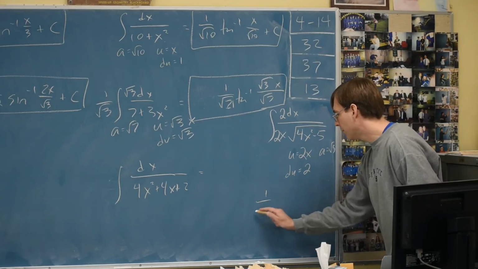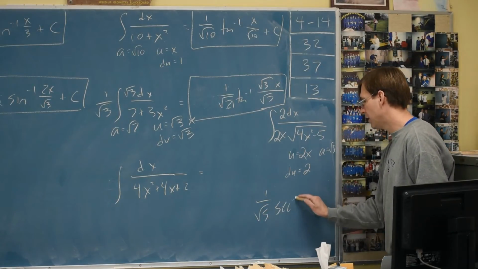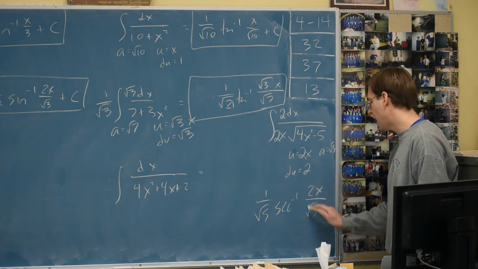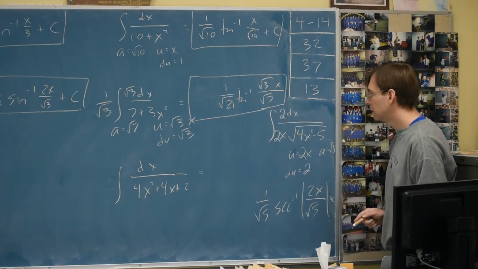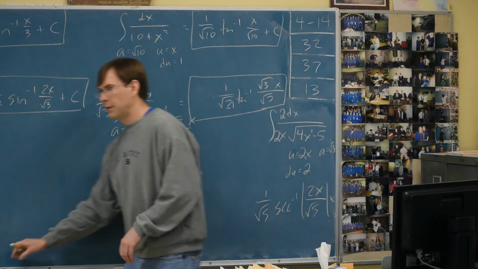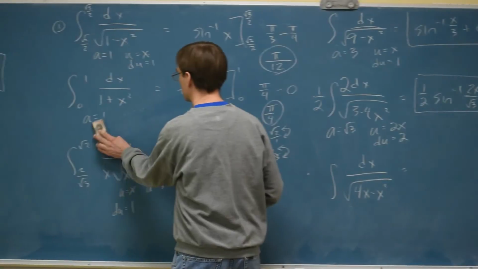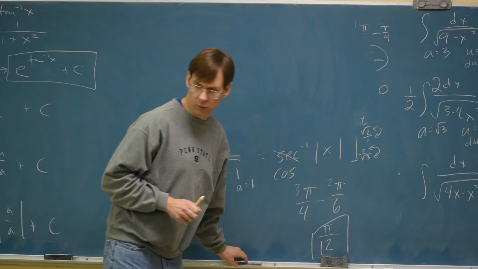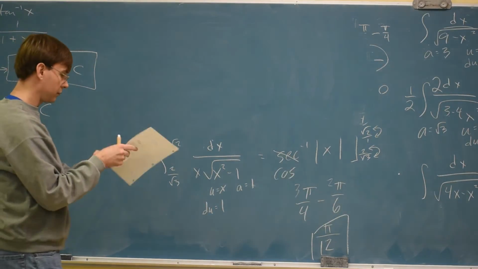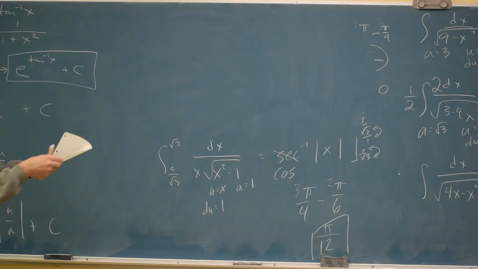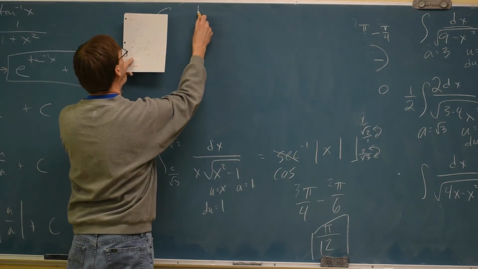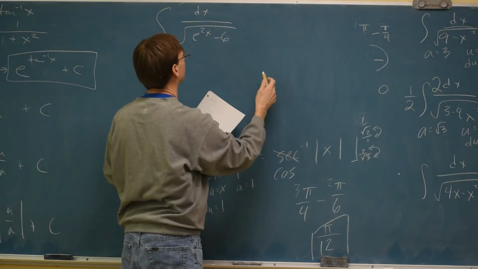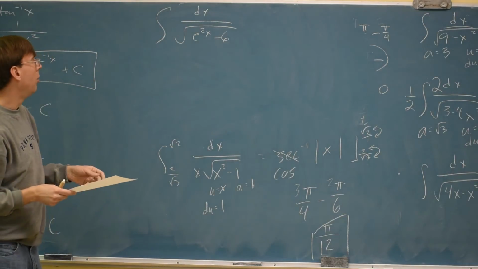This will be 1 over a, inverse secant, 2x on top of root 5, because it's u over a, plus a c. And I'll need to erase and clear a little bit of board space, because I had one problem I couldn't quite squeeze in there in the end, which was dx over root e to the 2x minus 6. This is still a secant problem,